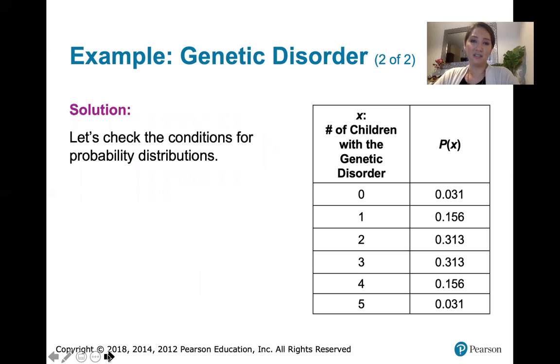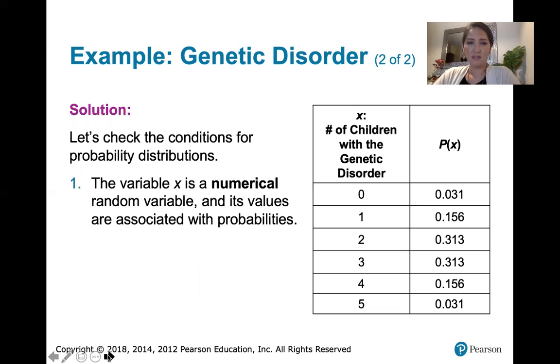Now let's check our conditions. First, you have to look at those X values. Do we have a numerical random variable X? We sure do. And its values are associated with probabilities. Now, if we add up all the probabilities in this table, we get 1. Now, that's not 100% obvious, but if you get your calculator out and you do the arithmetic, 0.031 plus 0.156 plus 0.313 plus 0.313 plus